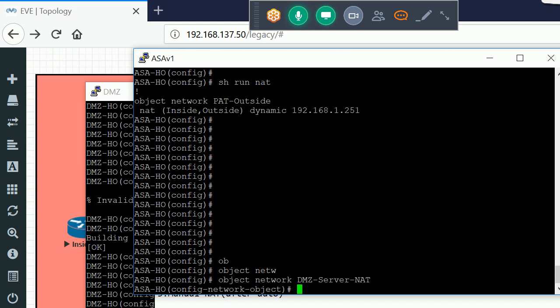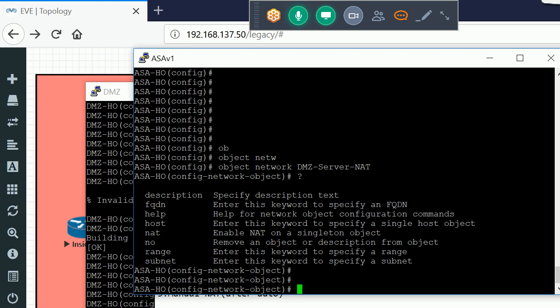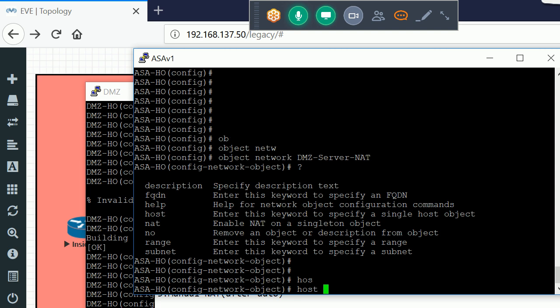After that, if I run the question mark, we can define either the host, the range, or the subnet mask. Right now I'll define only the host here, host 10.2.2.100.